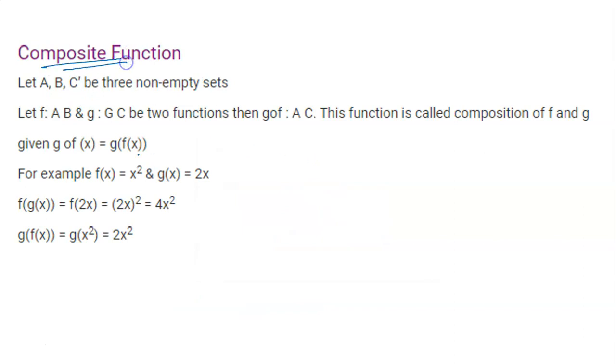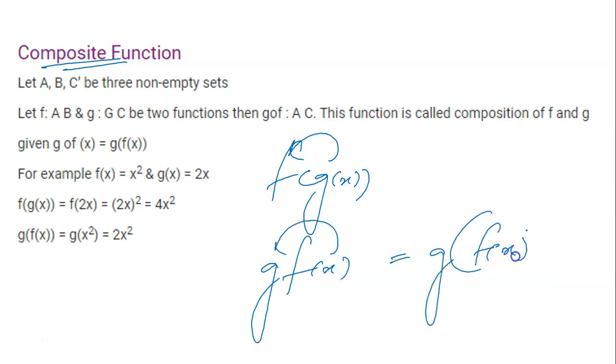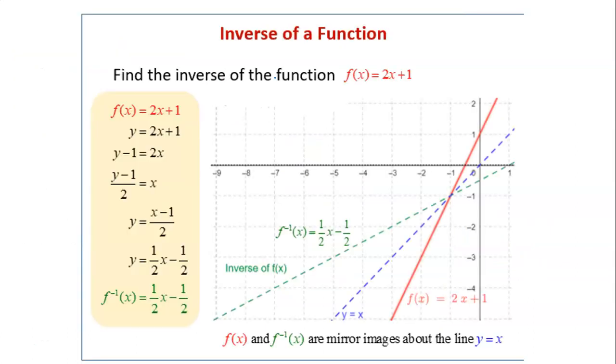Composite function we just talked about. f of g(x) means substituting the value of g in f(x), and g of f(x) means substituting the value of f(x) in g. Now, inverse function. Suppose I have a function f(x) equals 2x plus 1. Only keep in your mind that it is possible to find the inverse only if the function is one-one. Okay, children? For other functions we have to constrain the domains.